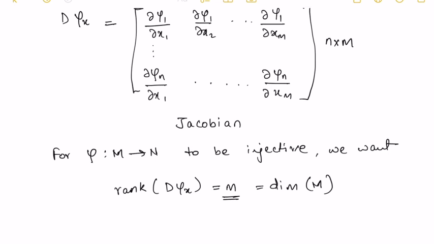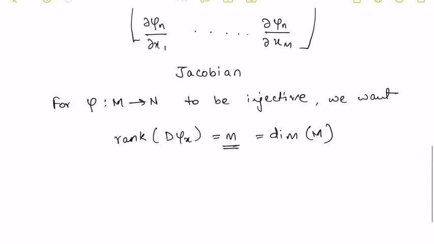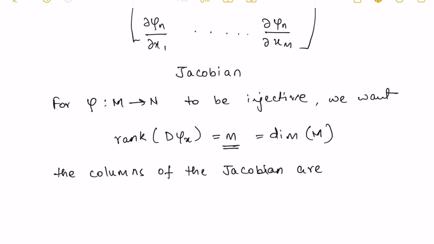Okay, and what this means in even simpler terms is that the columns of the Jacobian are linearly independent. Okay,